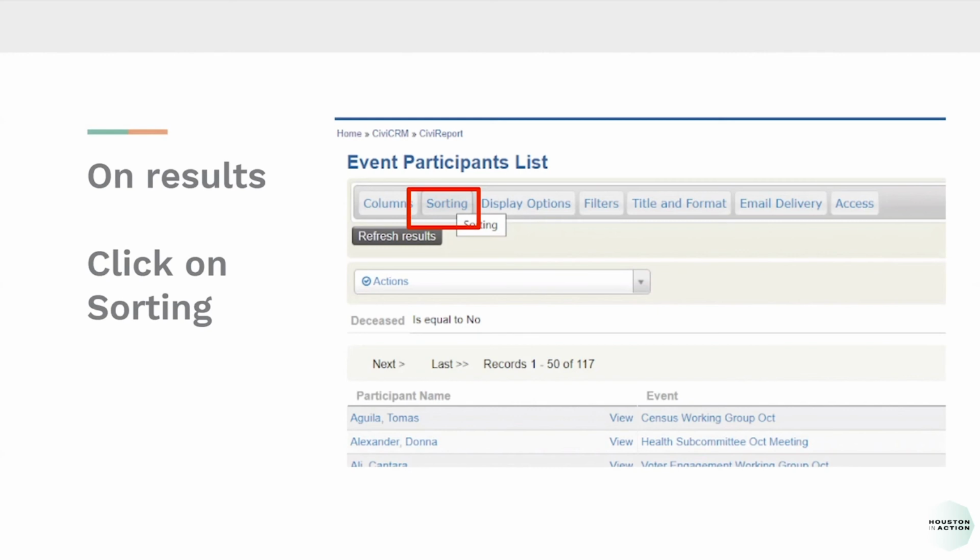Sorry, you will be able to see who went to what event, but this hasn't really simplified the process for you. You still have to go through all of those people to be able to make the most accurate report as possible. But the way to streamline it and make it easier for you is the next thing you want to click on is sorting.